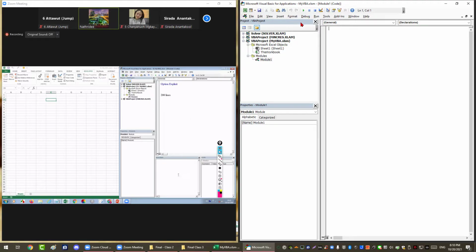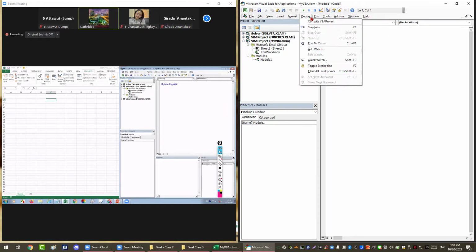So you write Debug.Print and it shows here in the Immediate window. So we're going to do three methods to say hello world. First, we show it in the Excel worksheet. So we're going to start with